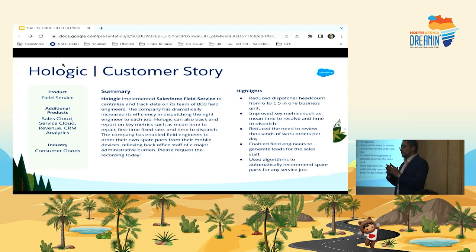Hologic had most of the data distributed between spreadsheet files, some on Oracle, and the most problematic was in the heads of the technicians and the engineers. So there was no central data, and the main difficulty was to bring all this data together. So with Salesforce Field Service, now we can track all the data together for all our